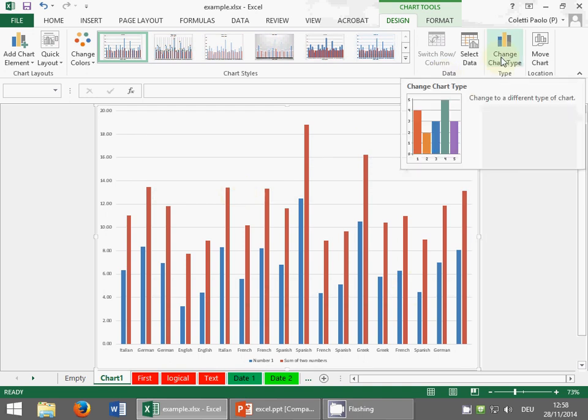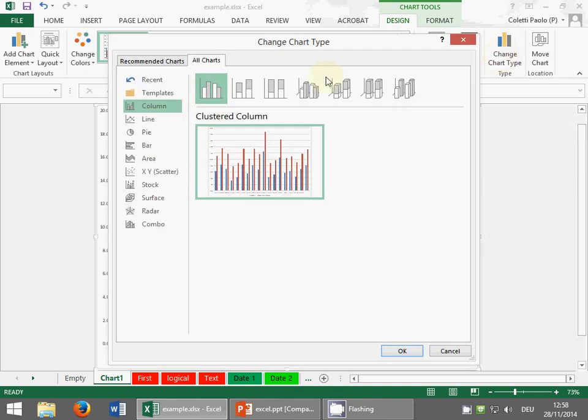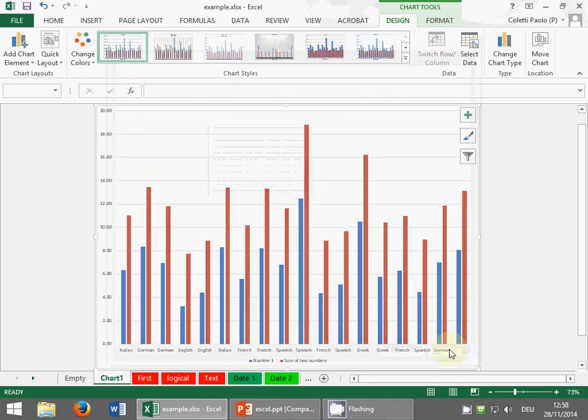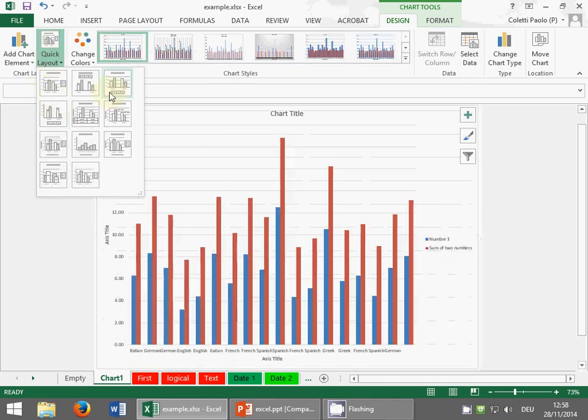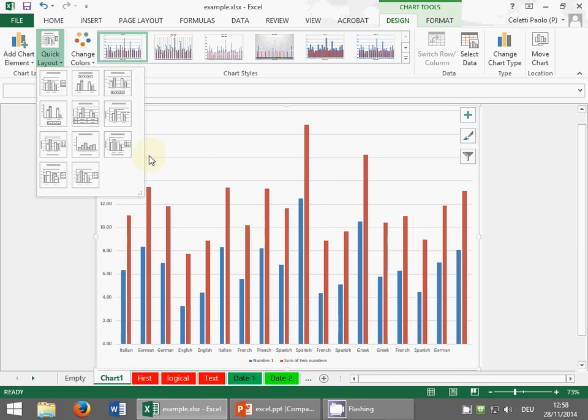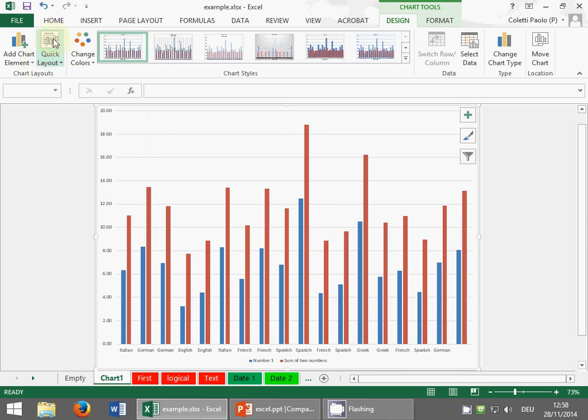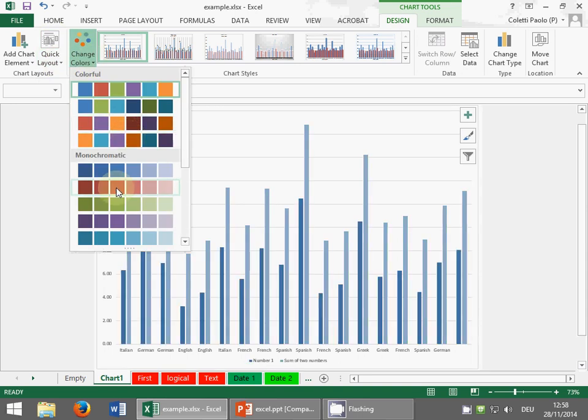In case you want to change chart type, you can act from here, but honestly, same thing. If you have the wrong chart, it's much better to rebuild it from the beginning. This offers you to change the chart elements aesthetically in some easy ways, but also here we'll see better ways. Same thing for the colors. It lets you change the chart colors. But we will see how to change it